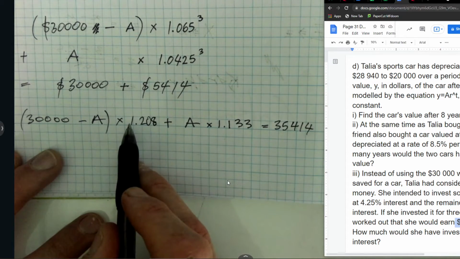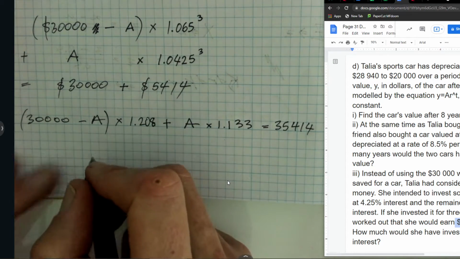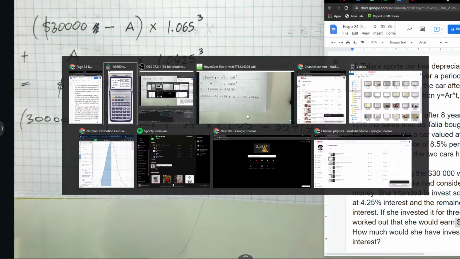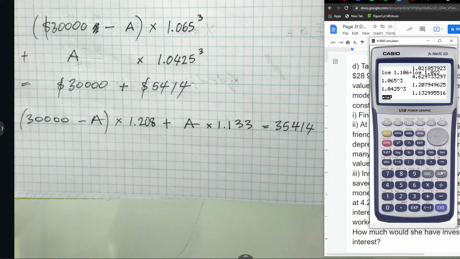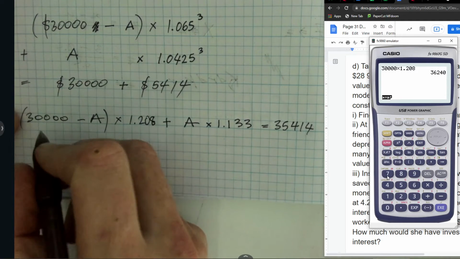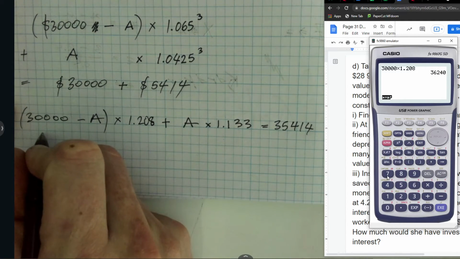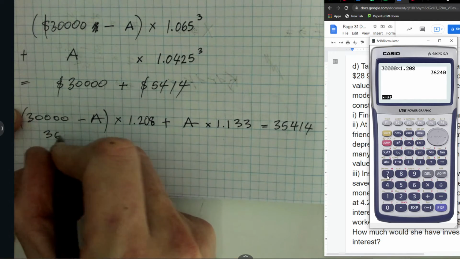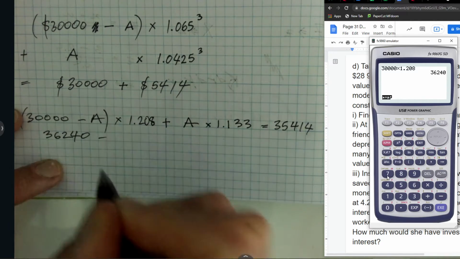Then we have to times that by 30 grand. Move it all over. So much calculation. That's all good. Okay, 30 grand times 1.208. Ooh, it's not a bad number. 36,240 minus